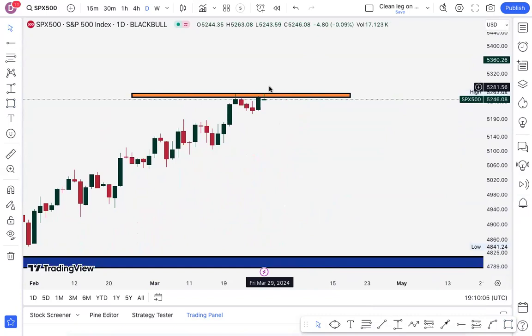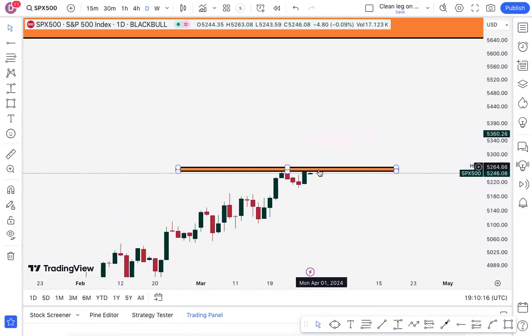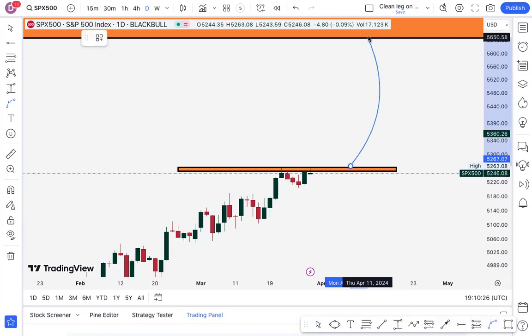This was due for a pullback like last week. All right, so we need to see a pullback to this blue bar here, and then we actually get to ride this guy to the upside. If indeed that's going to happen, however, from the look of things, we could actually keep pushing all the way to this point here. So in the event that you see a break above this yellow bar here, just wait for a decent pullback and just keep riding this guy to the upside till whenever it is